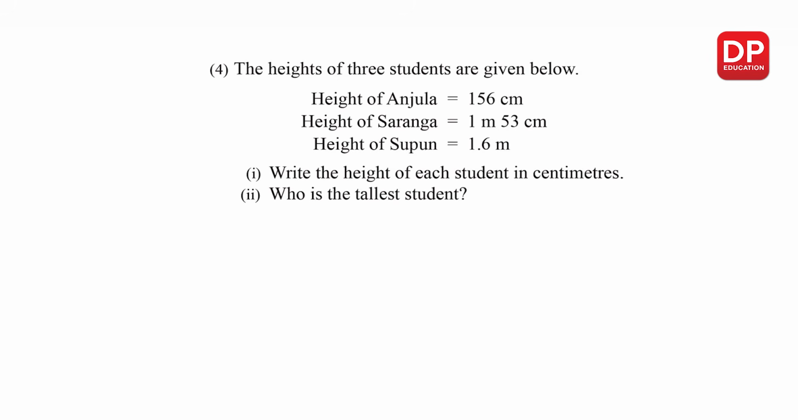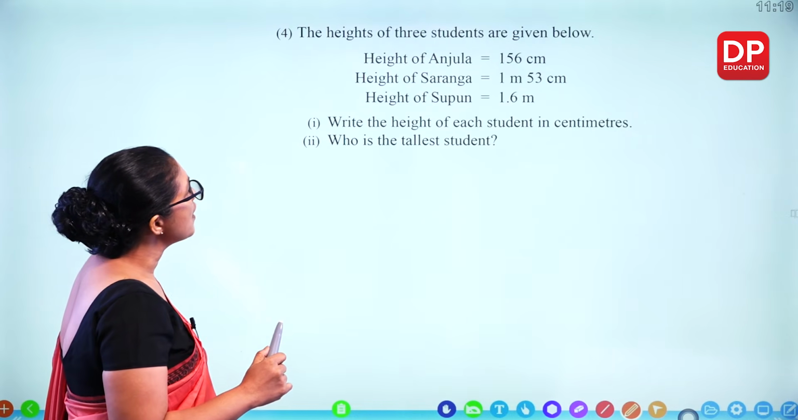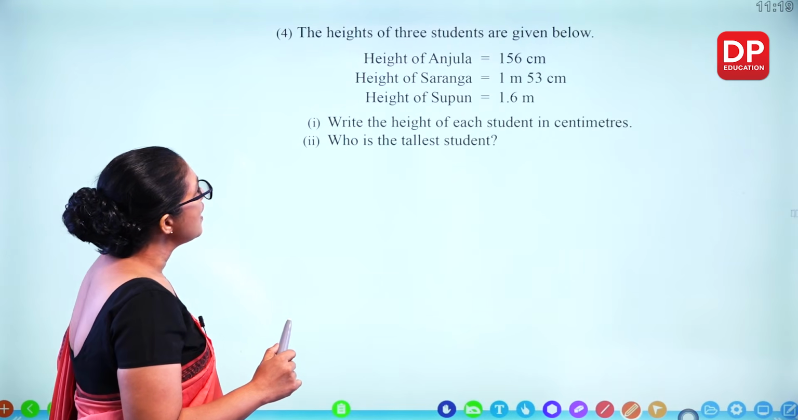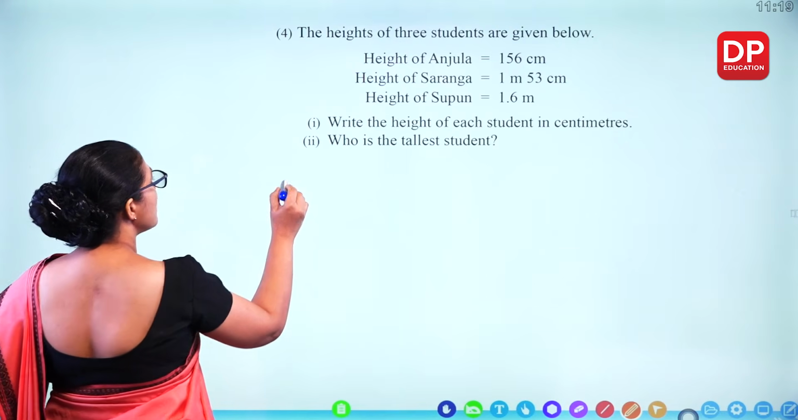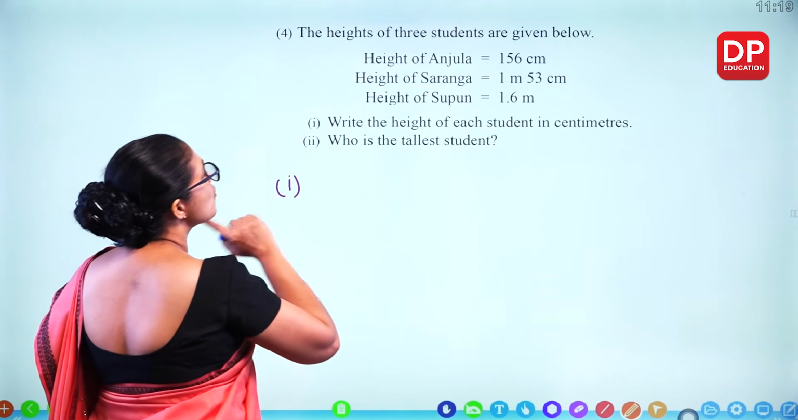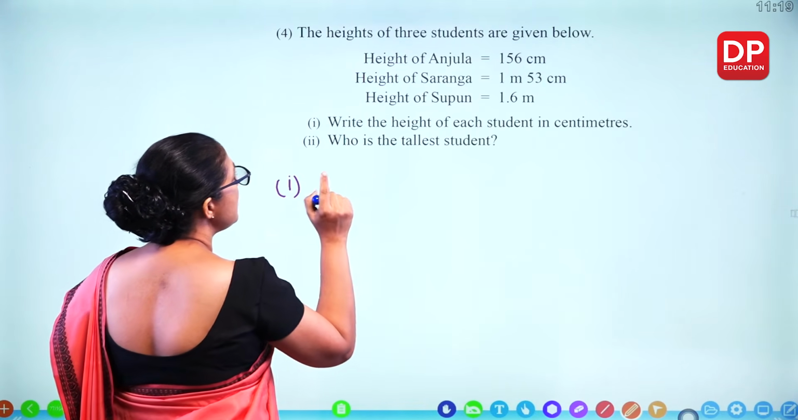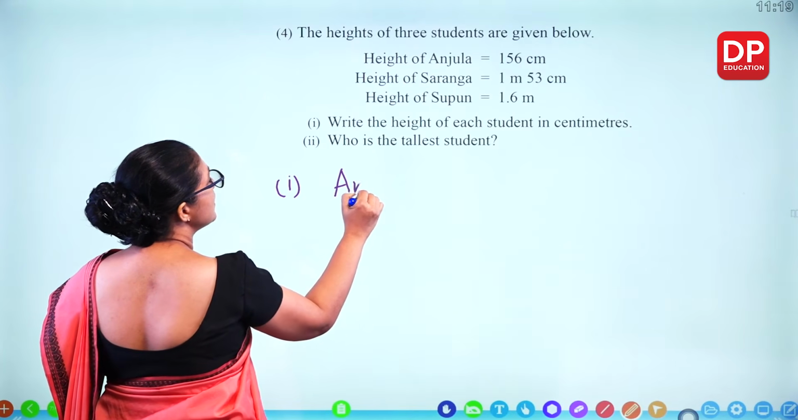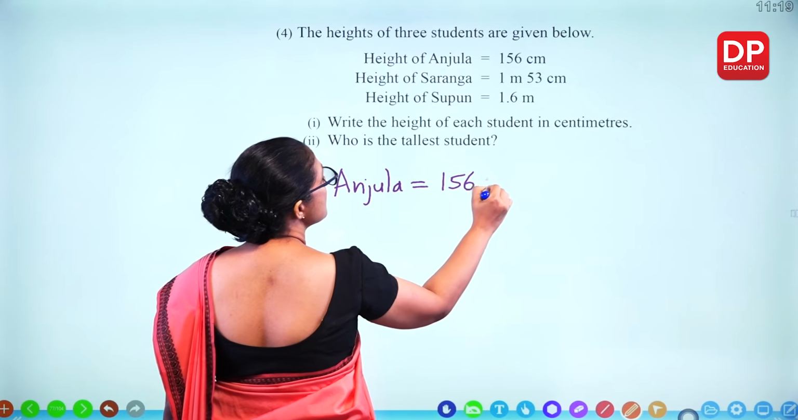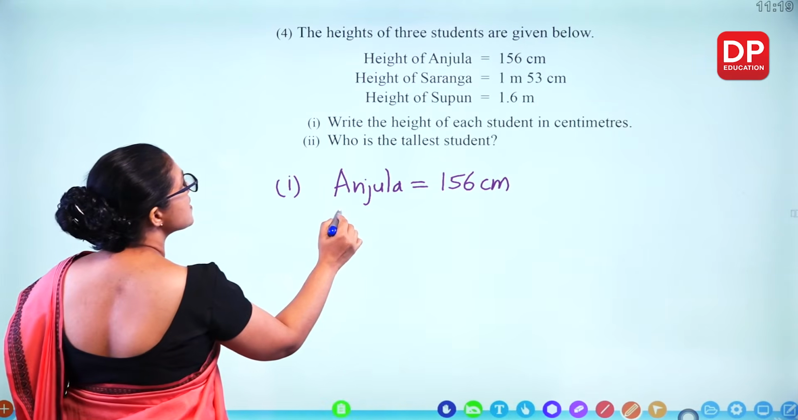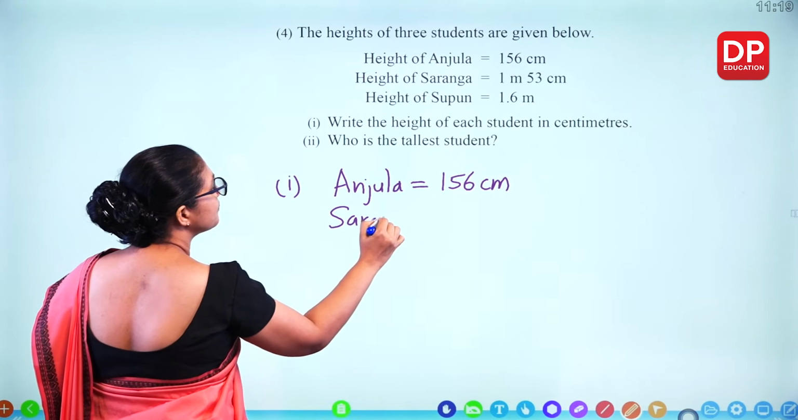The heights of 3 students are given below. Height of Anjula, height of Saranga and height of Supun. Write the heights of each student in centimeters and who is the tallest student. So we'll convert to centimeters. So Anjula is 156 centimeters, already in centimeters. Saranga,